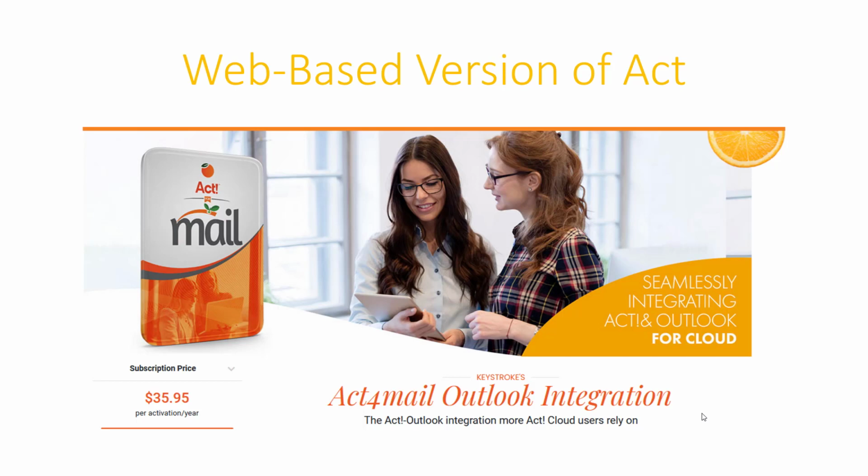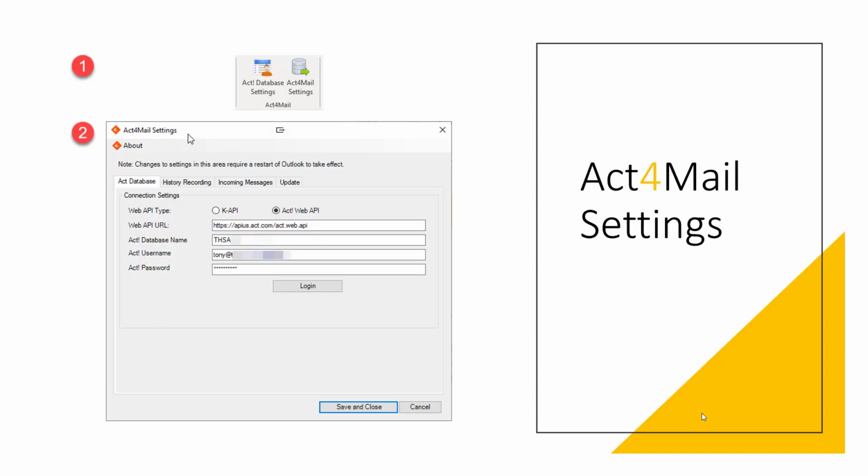The other version of Act4Outlook is called Act4Mail, and this is based on the web version and the integration. Now, I've mentioned the main feature, in my opinion, the attachment feature, but it also does some other things that I can illustrate in other videos that will show you some of the other ways to use the software to do different things. So it's really a great tool, and this is a typical setup in the Act4Mail settings,